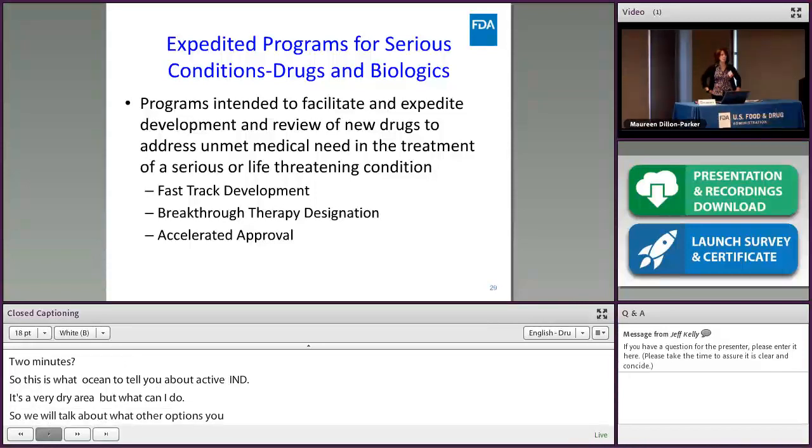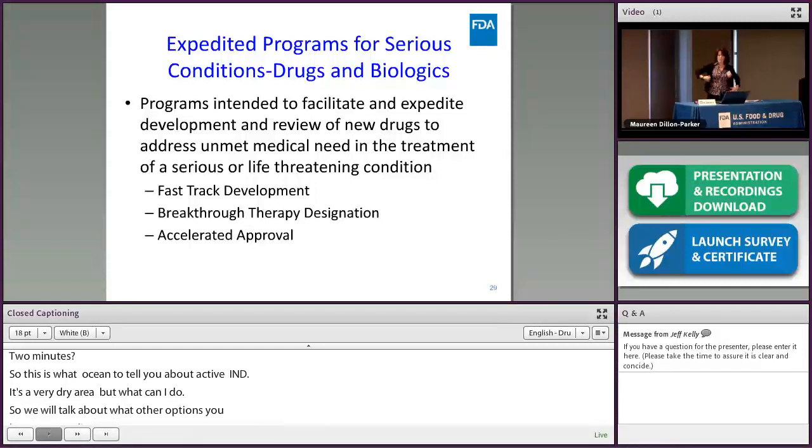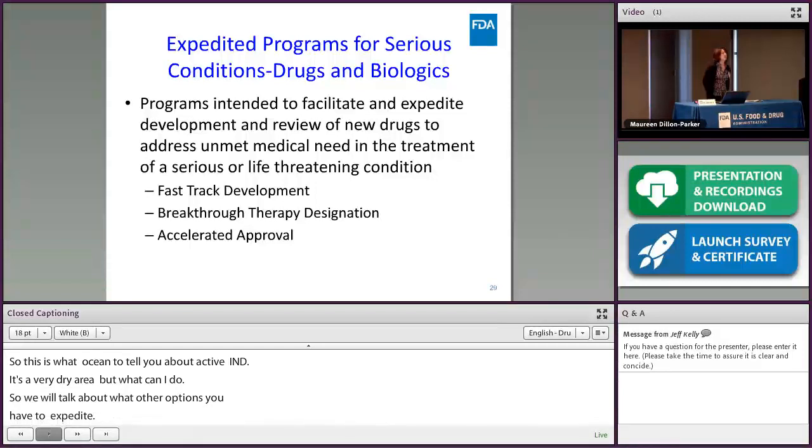I'm going to go over some expedited programs that we have in the agency, and also try and talk to you a little bit about some other special programs, one that is pretty much housed in my division, and also some other tools available to you just at a high level, just to give you an idea of some of the programs available at the agency. So first, we're going to talk a little bit about the expedited programs for serious conditions